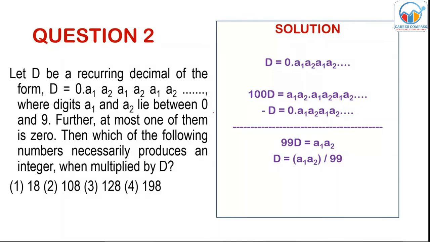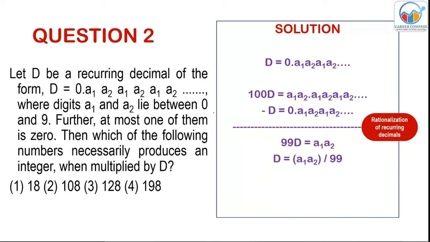You see, if I want to multiply it by something, I must cancel the 99 in the denominator, right? Now this method is called rationalization. Why? Because a rational number takes the form P by Q, where P and Q both are integers and Q is not equal to 0. You see, A1, A2 is an integer, 99 is of course an integer, so it gives you a rational form